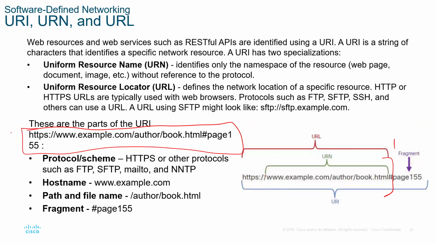Identify which ones are the URL and which are the URN. It is very easy. If you know the URL, we use the protocol. The URN is just the name. Right. Then we also have,